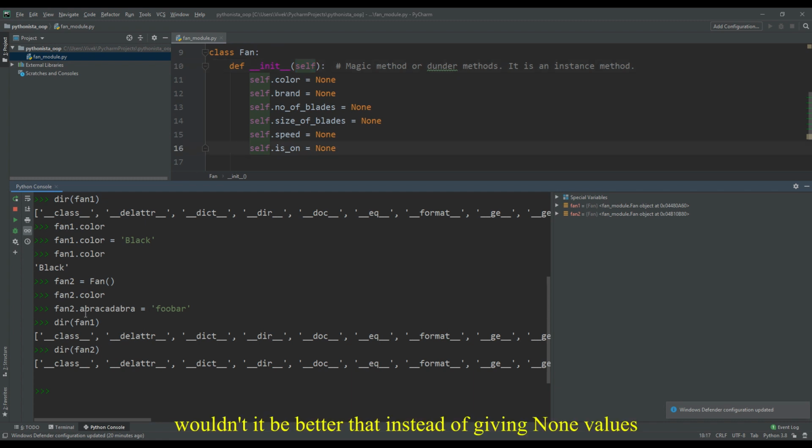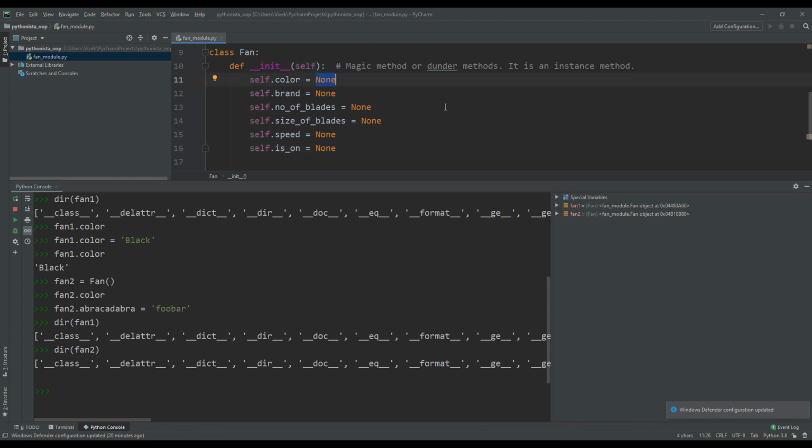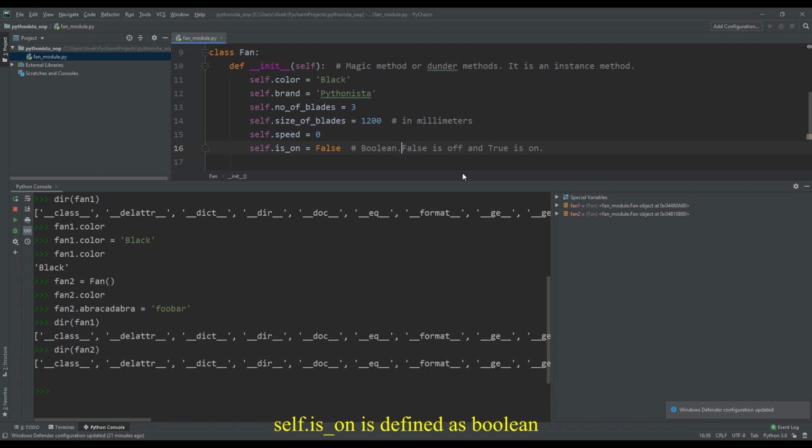Now, wouldn't it be better if, instead of none values, we had some default values? So instead of none, maybe I can give some values here. Let's say black, Pythonista, number of blades 3, size in millimeters, speed as let's say 0, and is on as a boolean.